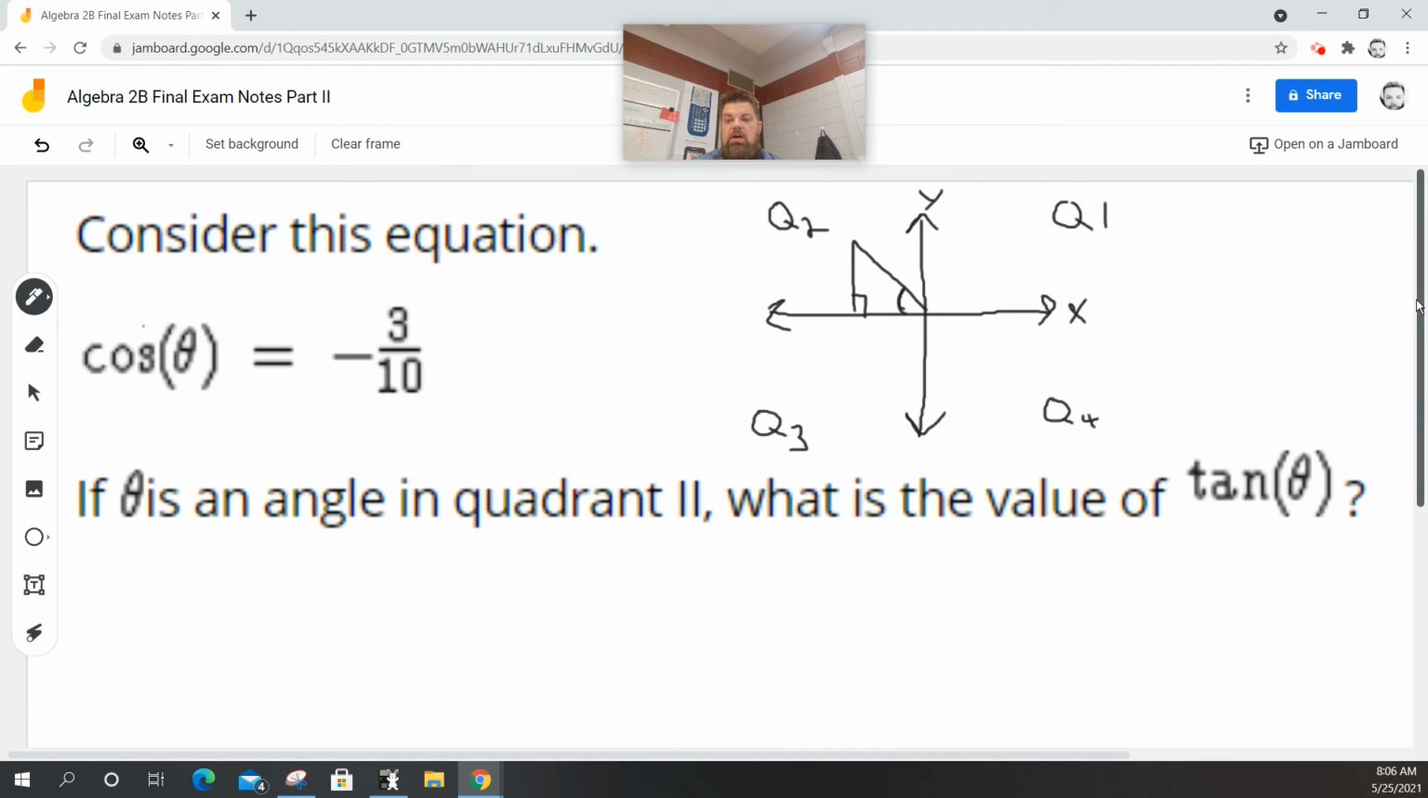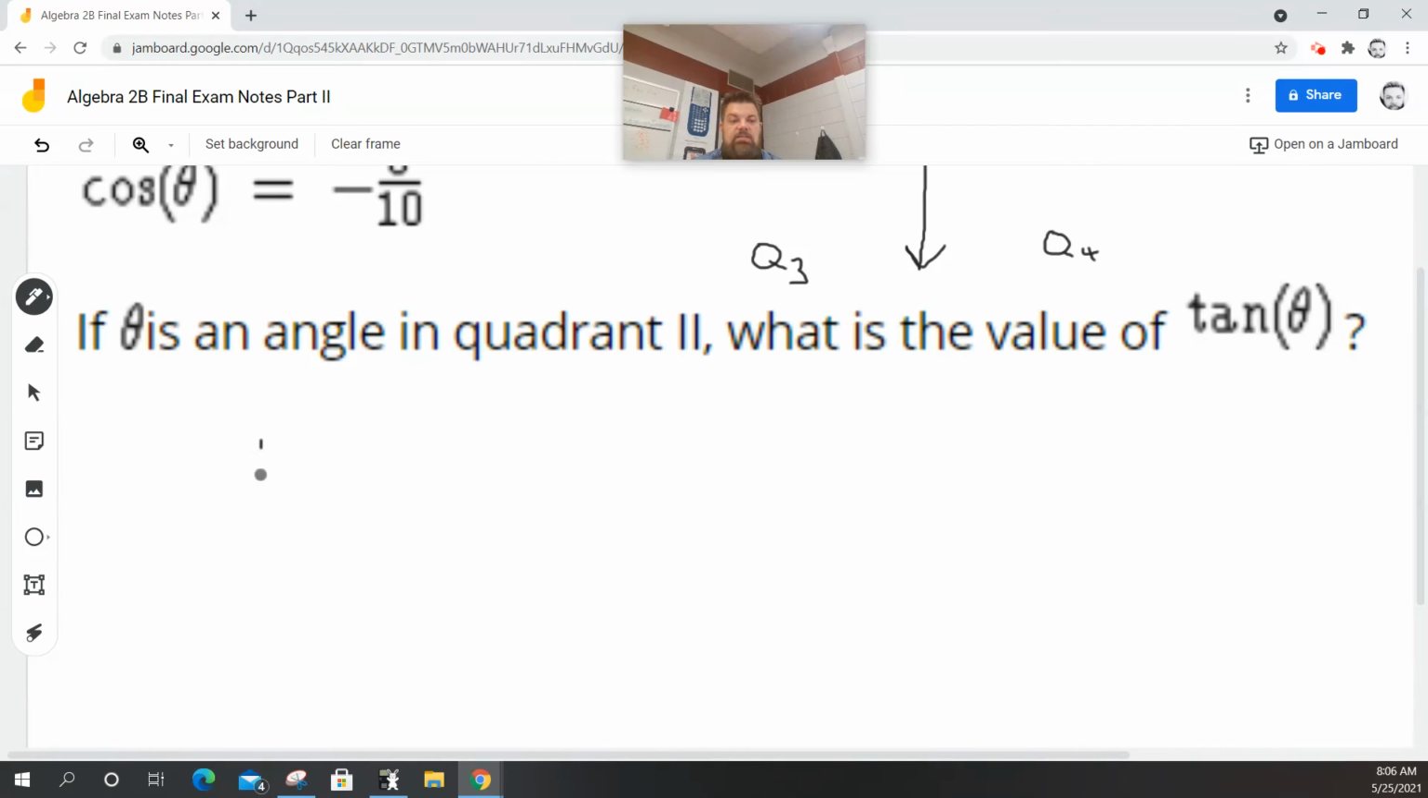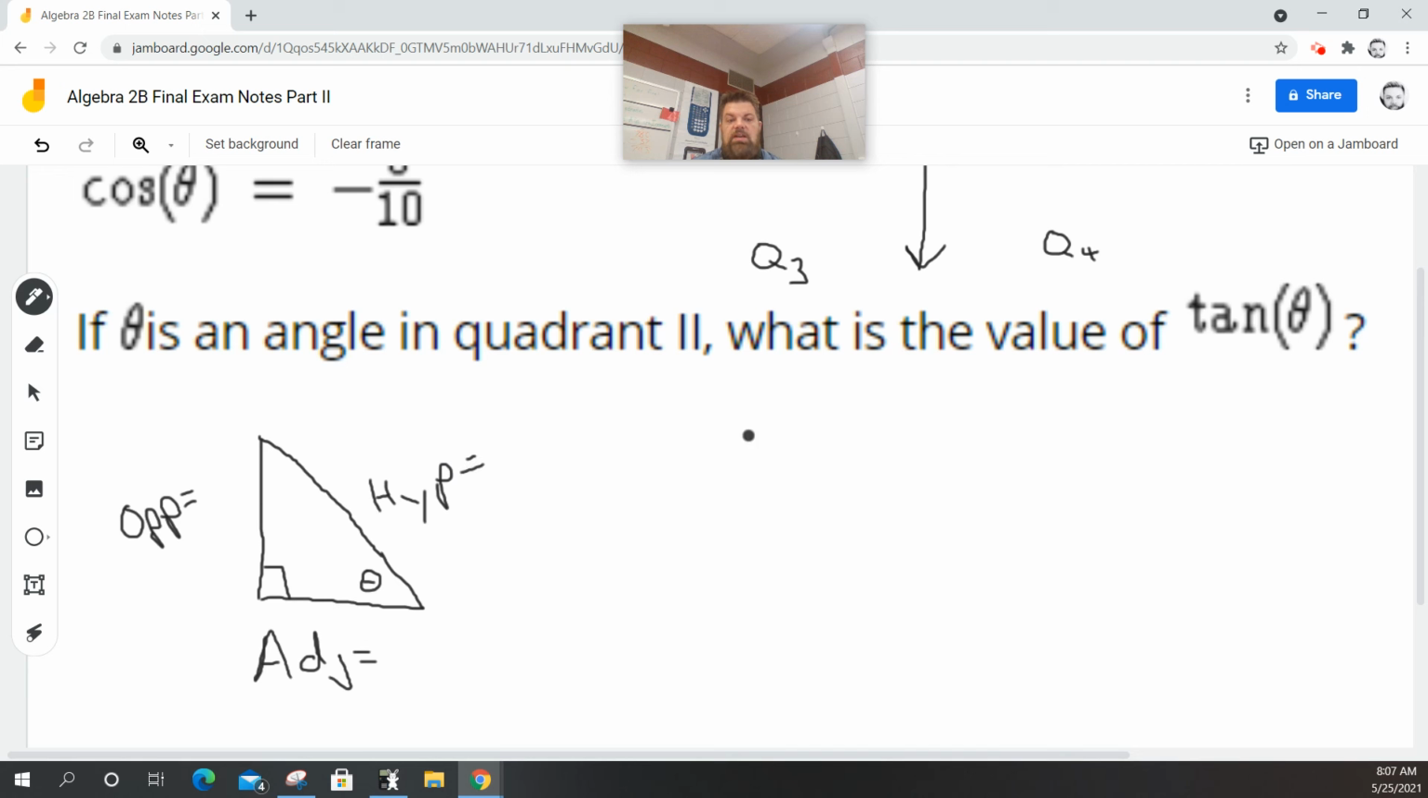So let me sketch that out a little bit. I like to see the visual. Now it's not drawn to scale, but that's okay. So this is theta right here. That means that this is the opposite, and I don't know what that is yet. I know that this is the adjacent, and we'll fill that in. And I know that this is the hypotenuse. Now, remember, for SOH CAH TOA,